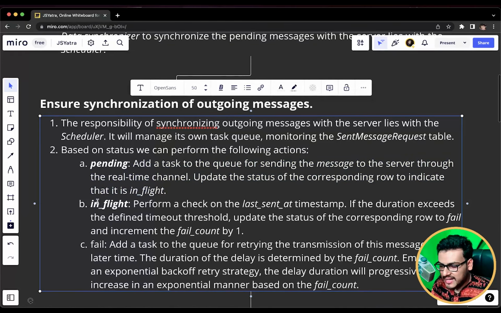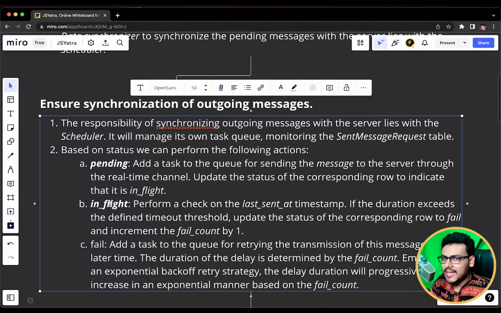Now once the data is in flight status, what are we going to do? So we are going to discuss over here. We perform a check on the last sent at timestamp. If the duration exceeds the defined timeout threshold, update the status of the corresponding row to fail and increment the fail count by 1.